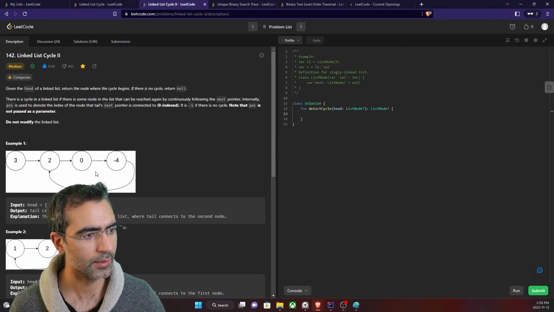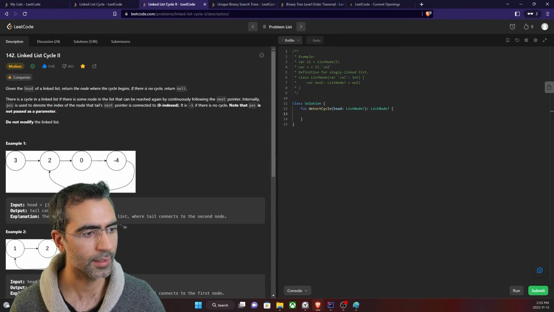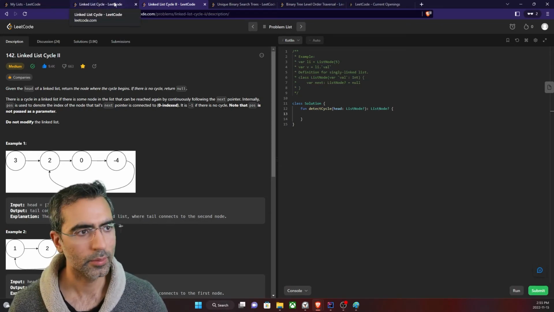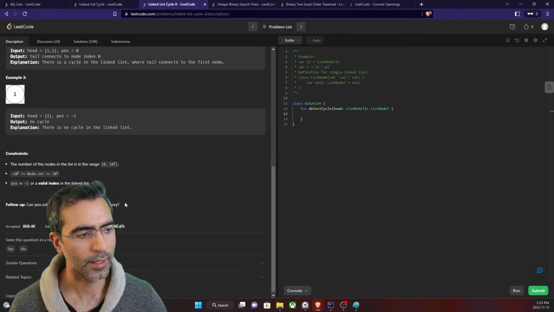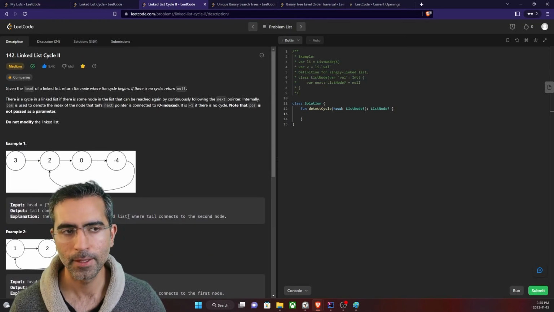So in this case, which is very similar to the example that we had in the previous question, 141, you should return 2. So that would be index 1. So we can use our first submission for the question, and that's with memory of O of n. But if you want to do it in constant memory, we need to